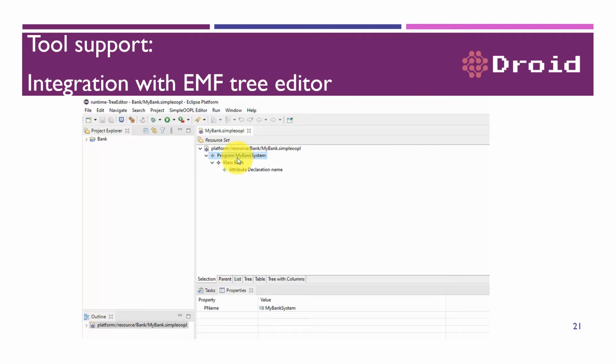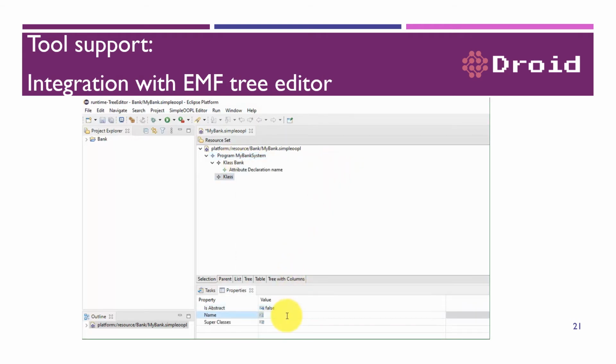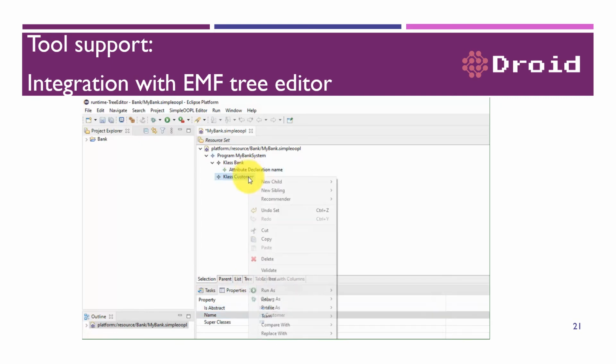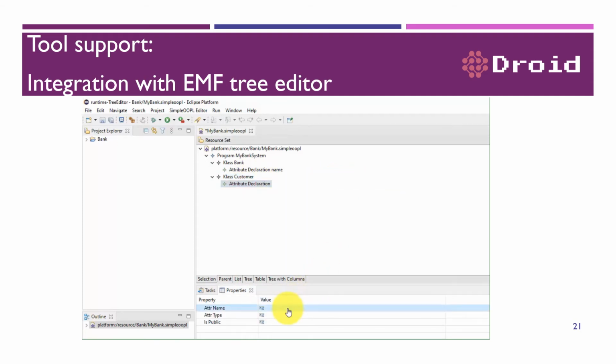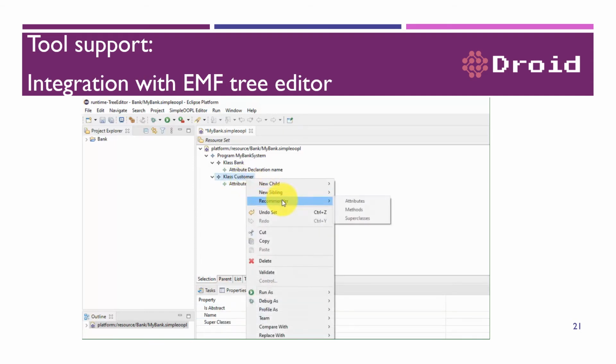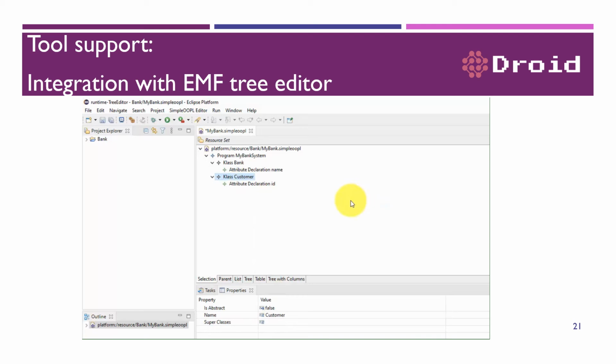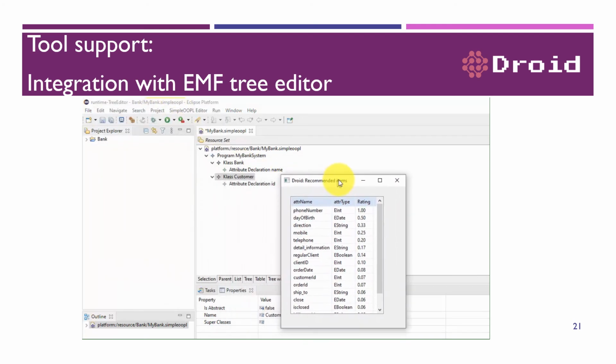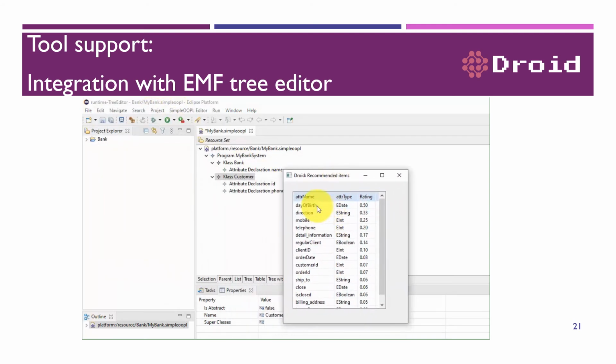As shown in the motivation, we have an out-of-the-box integration into the default EMF tree editor for Ecore-based languages. It uses a model-to-text template language called Java Emitter Templates, JET. EMF provides a set of predefined JET templates that generate Java code implementing the editor for a given Ecore metamodel. We have overridden those templates to extend the generated tree editor with a recommender pop-up menu. A list of recommended items is presented to the user, including their name, type, and rating as a choice of the recommendation.